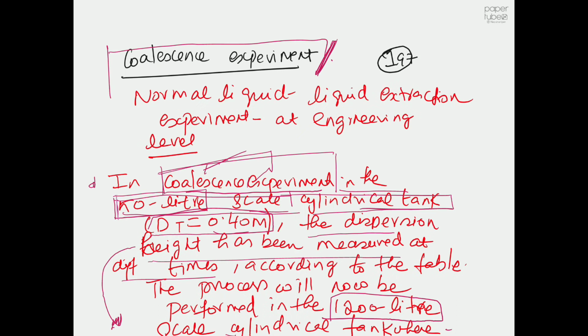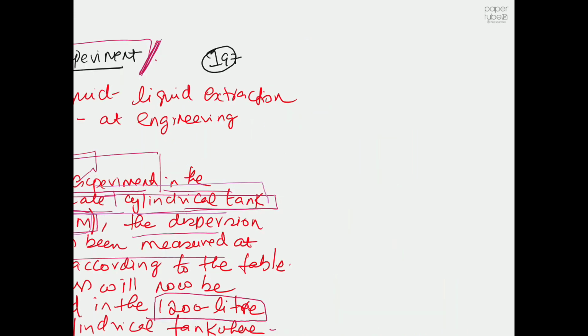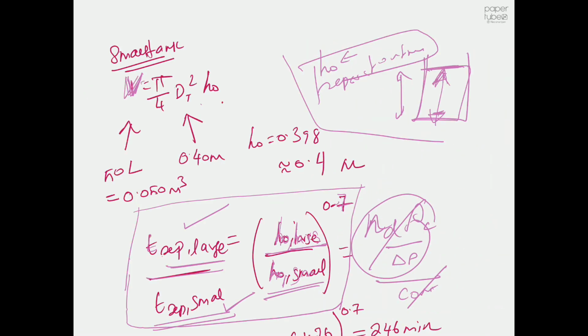So a 50 liter scale cylindrical tank, and the diameter is 0.40 meter. From that we can get the volume. So volume of a cylindrical tank is V equal to pi by 4 times diameter of your tank squared, multiplied by your H0. We know the volume is 50 liter, so that's equal to 0.050 cubic meters, and diameter of tank is 0.40 meter. Once you substitute, we will get the H0 value, which is 0.398, roughly 0.4